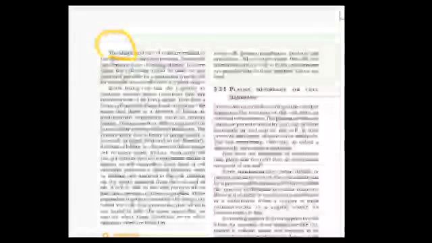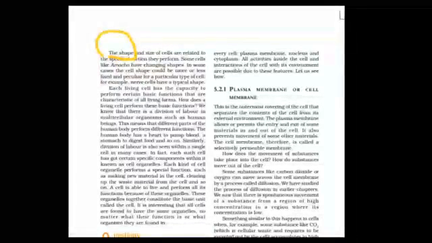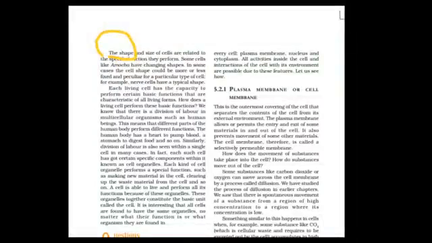On the preview page, you saw some diagrams. Cells show a great variation in their shape, such as the spherical egg of many animals, the spindle shape of smooth muscle fiber, the elongated nerve cell, the oval red blood cell, and branched cells like oocytes and so on. Some cells may not have a definite shape. They keep on changing their shape. Such examples are amoeba and white blood cell.